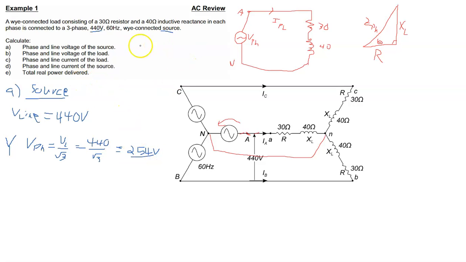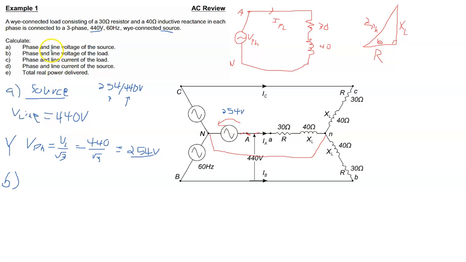Now, and so therefore, if I was writing the number on the phase voltage here, it'd be 254. And so that makes that a, if you want to state it this way, which is also acceptable, 254/440 volt system, where this is normally considered to be the phase voltage and the line voltage. Okay, so now for part B then, we